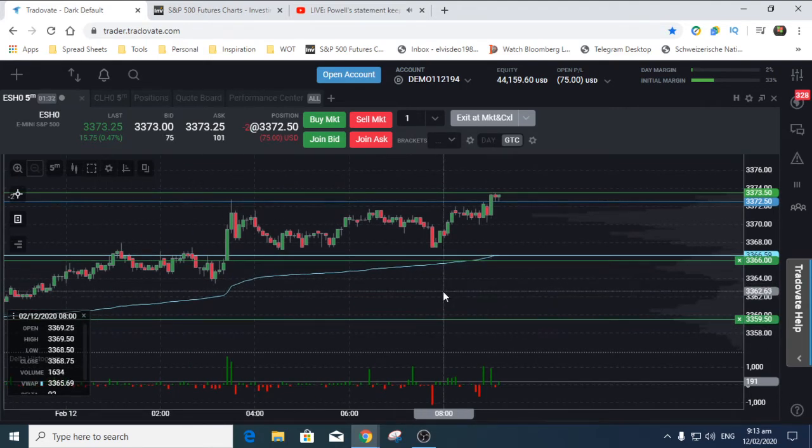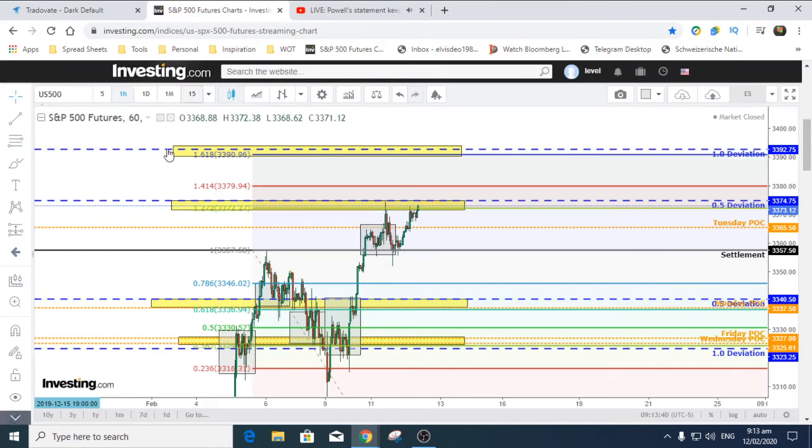Take a look now at the 30. We have very little overnight inventory. As a matter of fact, we're pretty much trading at settlement, 15.70.10 settlement. That is where we are currently trading. Is this a good opportunity? Probably not for an execution, because we're right in the middle of yesterday's area of value.